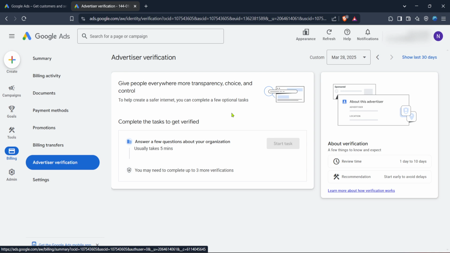By carefully following these steps, you should be well on your way to rectifying a suspension due to suspicious payments. Remember to keep your payment methods current and accurate, and ensure your identity and business are verified promptly by Google. It might also help to periodically check your account for any alerts or messages from Google Ads for proactive maintenance. Should you experience further issues, consider reaching out to Google Ads support for